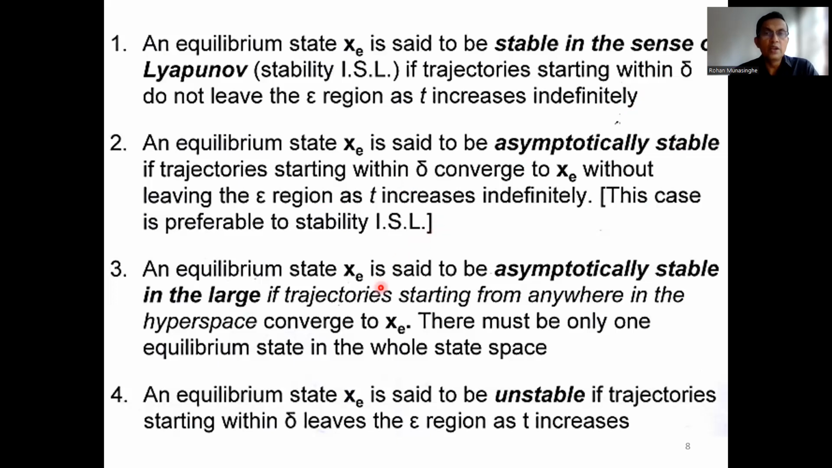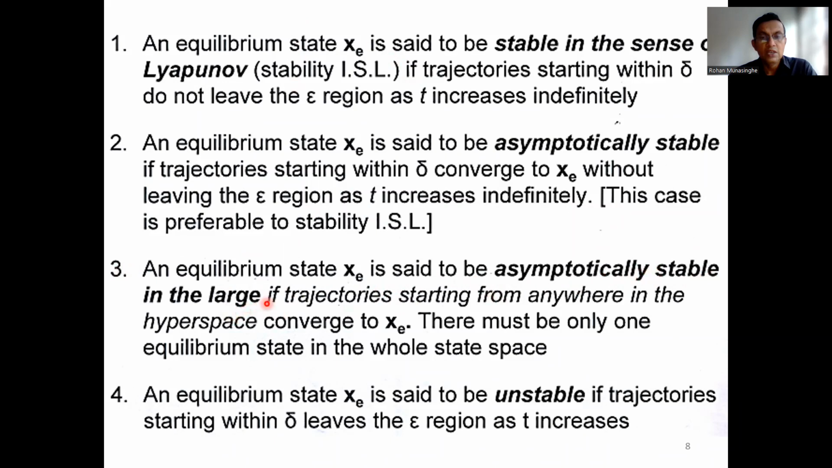So the first one does not return to the equilibrium point. It will move around, right? But does not come back to zero. Whereas the second case, it comes back to zero. It returns to the equilibrium point. That is the difference. Number three, an equilibrium state is said to be asymptotically stable in the large,